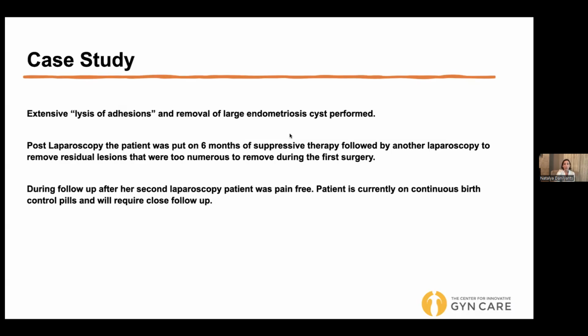So I think the main thing is that yes, endometriosis can come back, but if it's the type of pain that's bringing you to the doctor's office or the ER, and if it's been going on for a while, I think it's worth addressing.